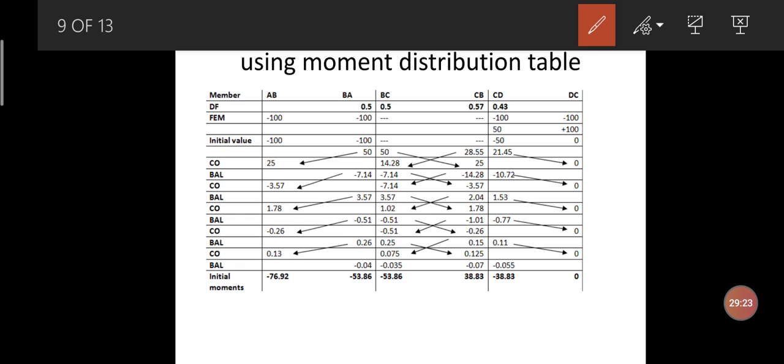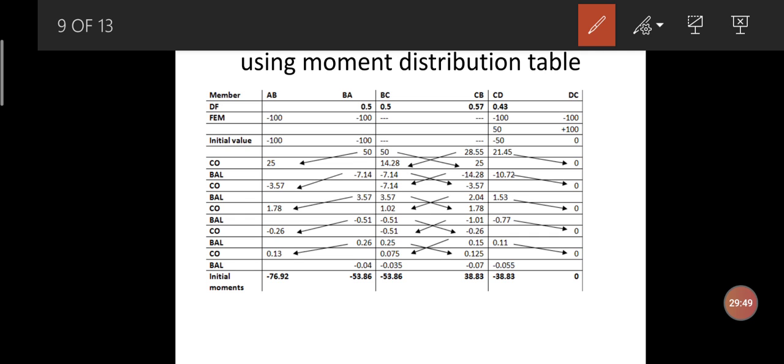But here for the columns I need to assume a fixed end moment. Since it is minus EI delta divided by L, for the moments in AB, BA, CB and CD it will be the same value with the negative